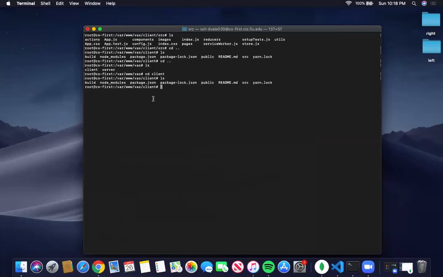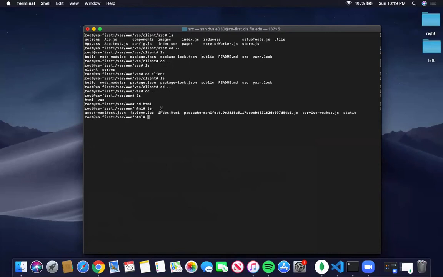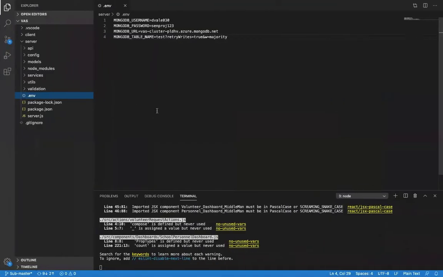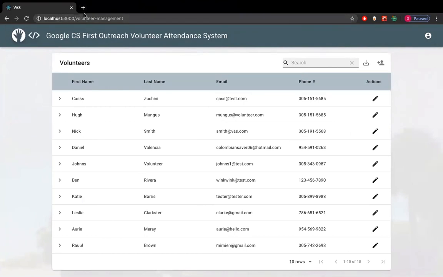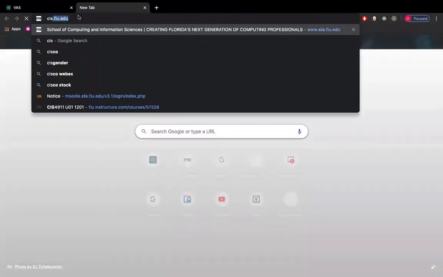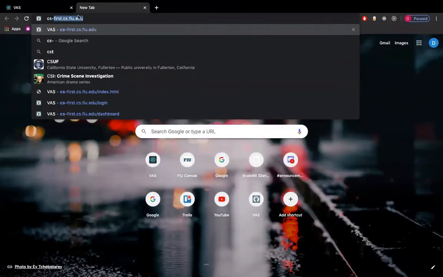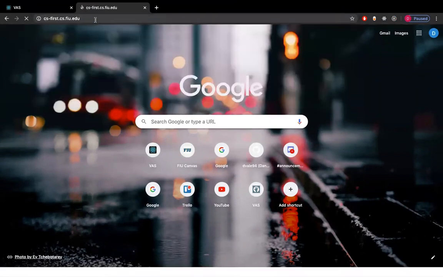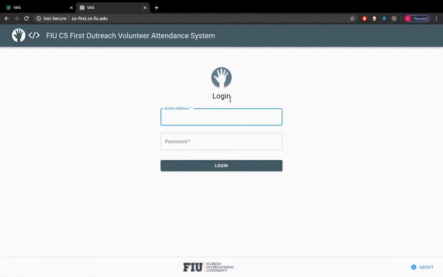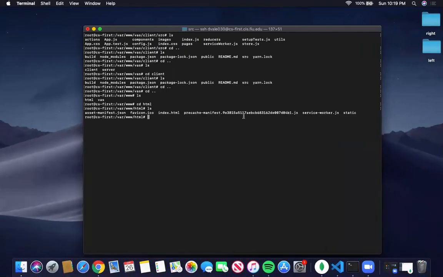So let me explain. If I go to cd, go back to the www folder, you'll see this HTML folder. In this HTML folder, there is the index.html. That index.html is what is being accessed when you go on the browser. So this is the development. When you go on the browser and you access cs-first.cs.fiu.edu, that index file is what's being served. So we need to